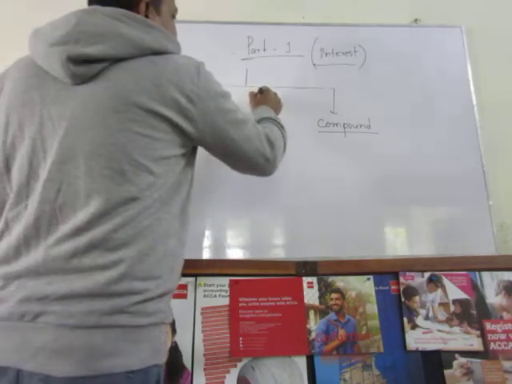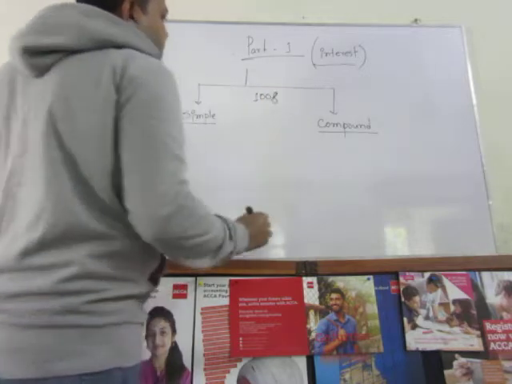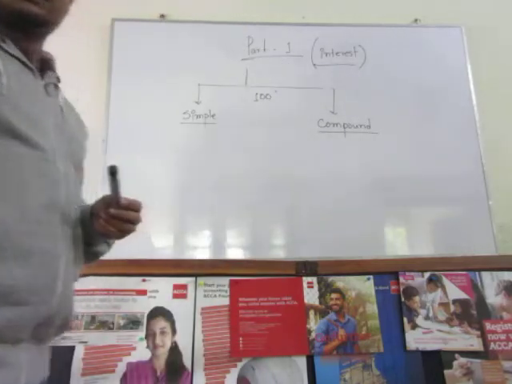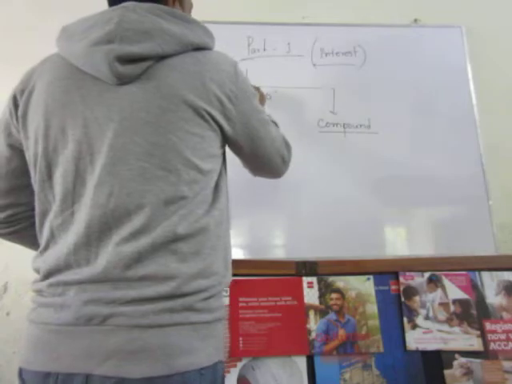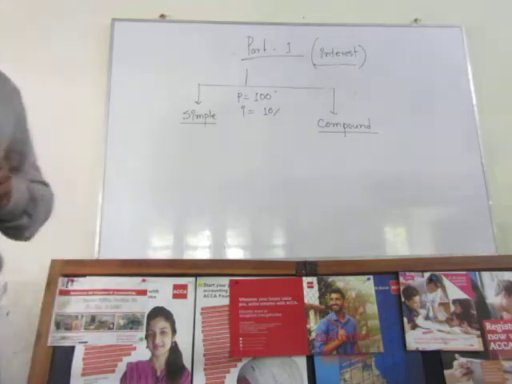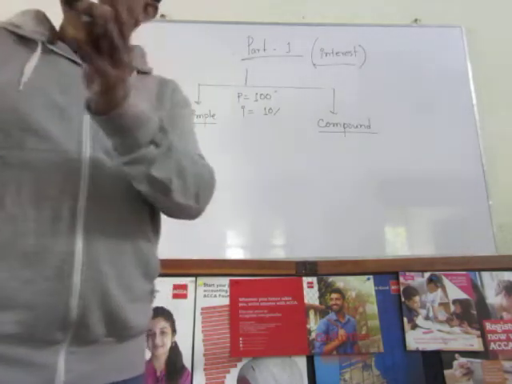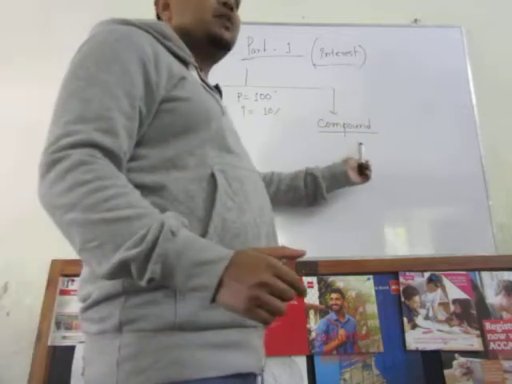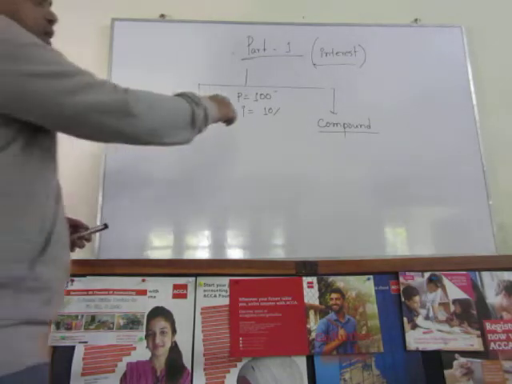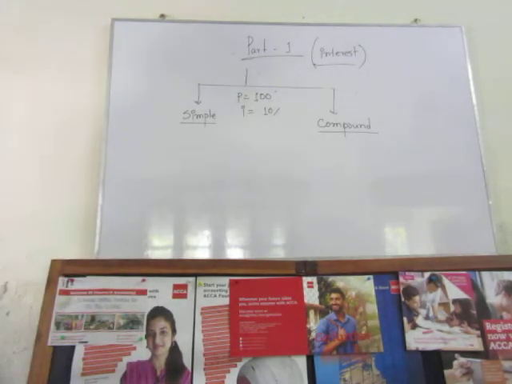Suppose we are investing $100, and the interest rate is, suppose, 10%. Now, this 10% interest can be provided on a simple basis or even on a compounded basis. First of all, we need to make sure what we mean by this. Simple interest: when you are calculating simple interest, you have to charge the interest rate each and every year on a single sum of amount which was previously invested.